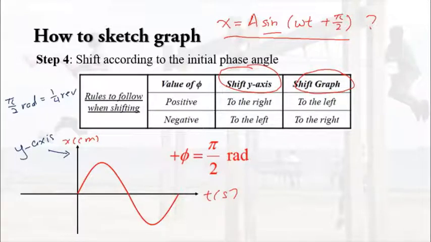One whole graph is equal to 2 pi. Meaning that you want to shift the graph until it reaches here. So let's see how you're going to shift it. You move it. Aha, now you have the new positions for the y-axis. And based on the diagram, this is your pi over 2 radian, or we call this 1 over 4 revolutions as well. So they are equivalent. You move this by 1 over 4 revolutions, and after you move it, remember to erase this line,